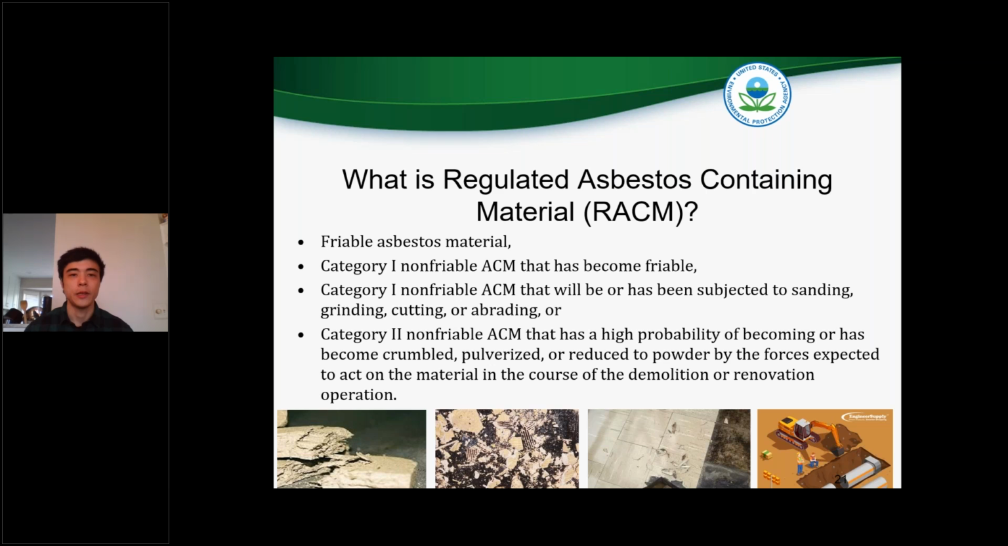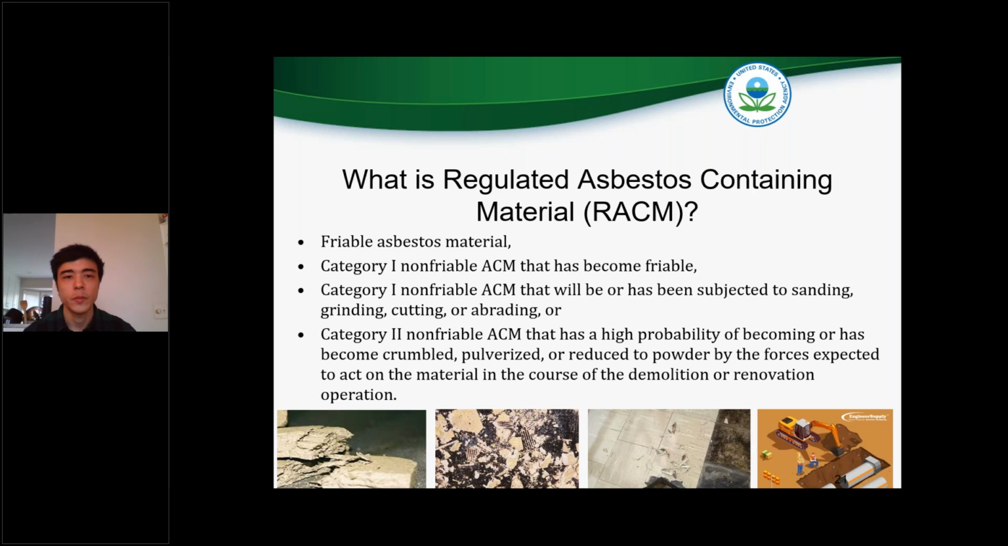So on the previous slide, we introduced the term regulated asbestos-containing material, otherwise known as RACM, and it can fit into 4 different categories. The first category is friable asbestos material, which you see in the bottom left photo there. That is something that looks like it can be crushed by hand pressure. It already looks like it's in pretty damaged condition. The second is category 1 non-friable ACM that has become friable. And the second picture from the bottom left, that's some floor tile that was broken up due to